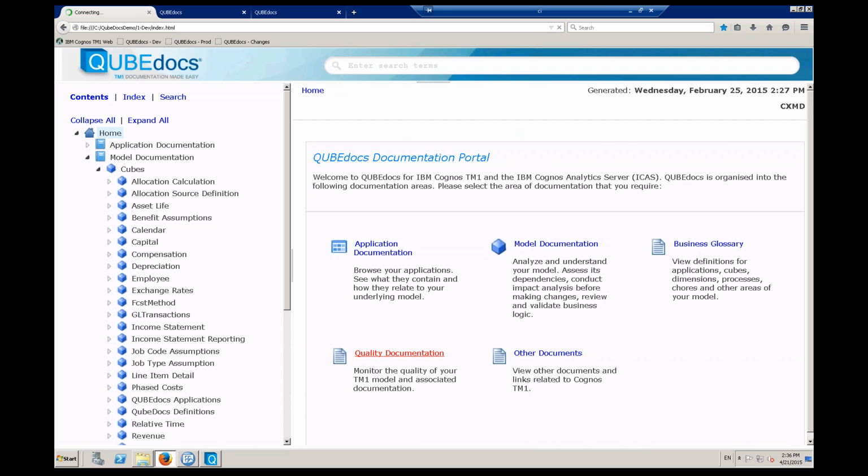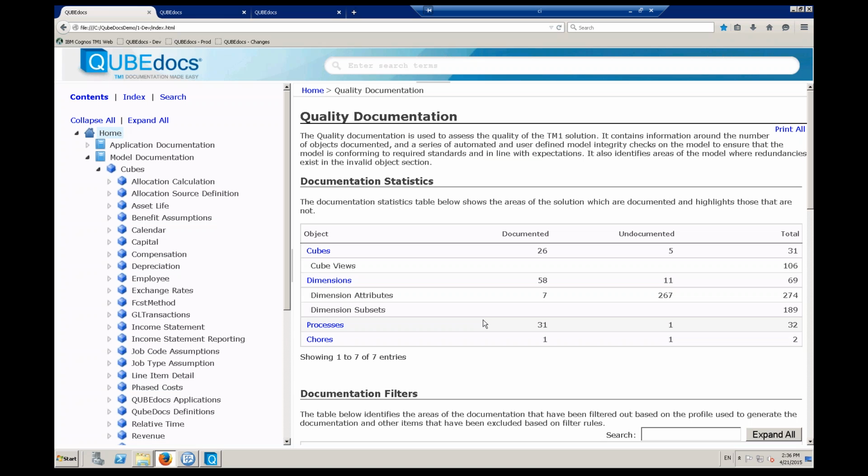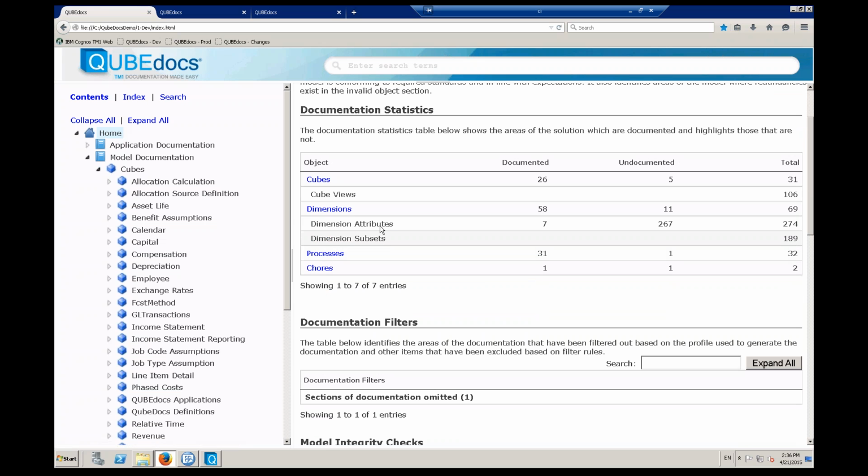Quality documentation is something that's brand new in the current version. So this is something that was not available if folks are using QUBEdocs 2.5 and earlier. This looks at the different cubes that are available. It will tell you which ones are documented and which ones are not documented. So maybe there are new cubes that have just been developed, or maybe still in development, and the documentation is not done. This is a proactive notification to say there are things in there that still need to be documented, just to let us know what the business context is and to provide that holistic view of it. Similarly with dimensions, processes, and chores,